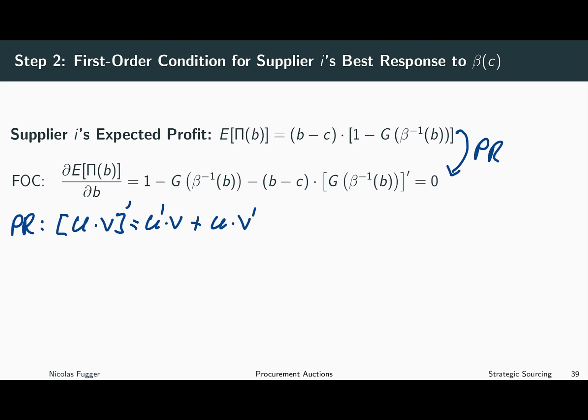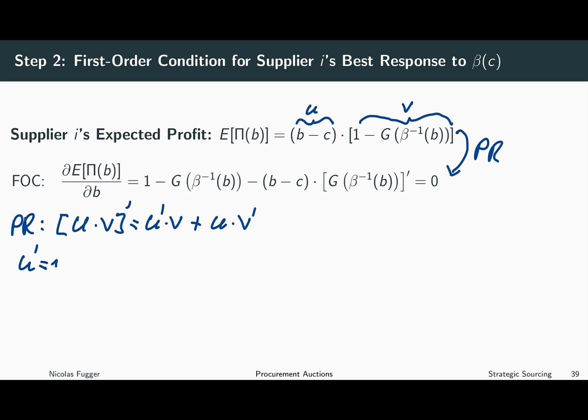Okay, so let's call this here u, and that is v. Then we get that u prime is equal to 1,